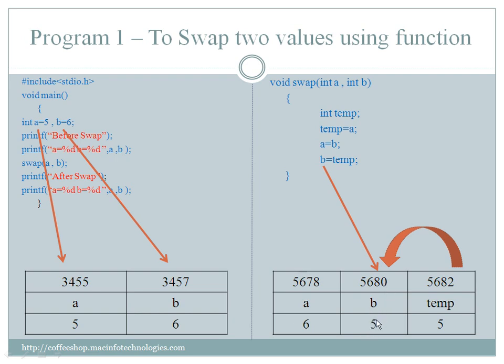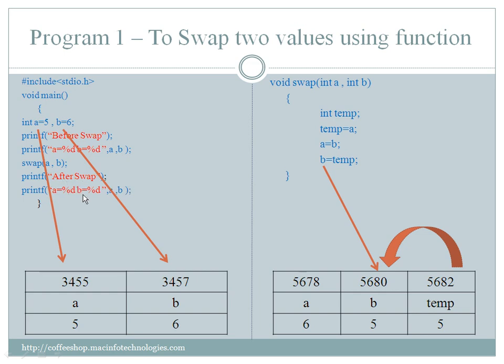Now B contains 5. So after the completion of this function, the control comes back to the main function. So when it comes back to the main function, these values are lost. Whatever values are here are lost. So here it comes back, and now